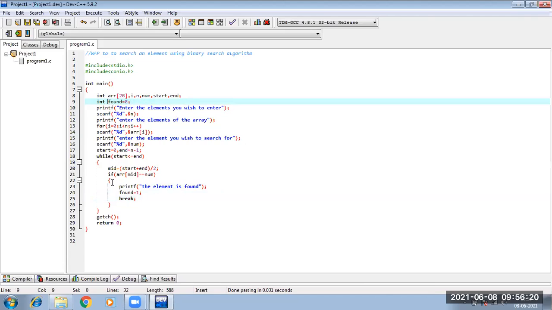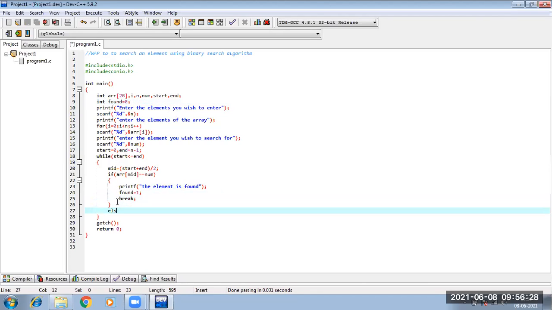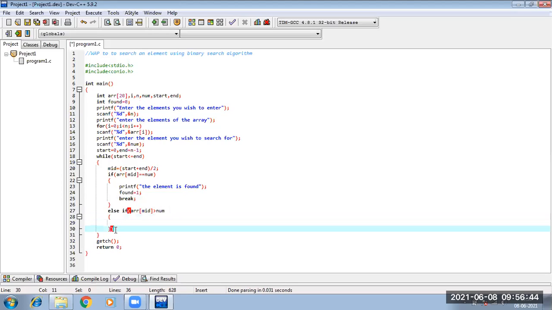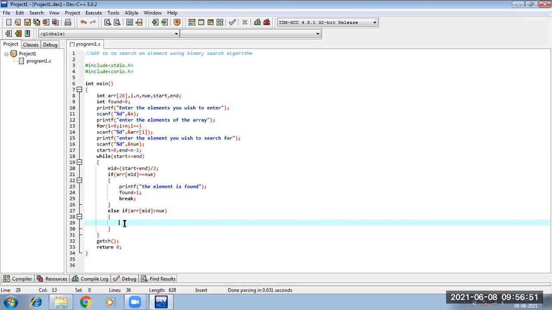Fine. Next, what can happen? Else if arr of mid location, the element, is greater than the number which I am searching, which part of my array will I search? The left side.